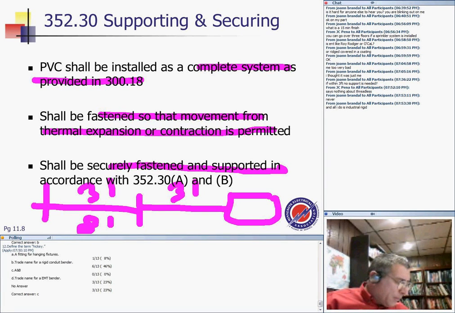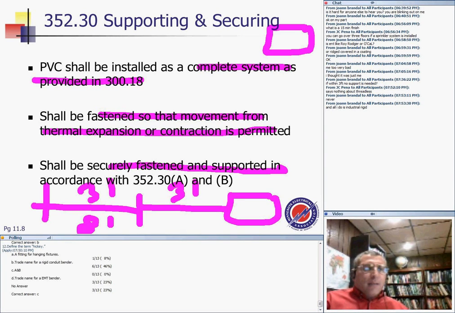And I'm looking at table 352.30. So 3 feet of every box, and then the 3 or 5, 6, or 7, or 8, depending on what size of conduit you have. So it goes all the way up to 8. They dropped the 18 inches, and some of you guys ask me, Chad, what if you have a box here and